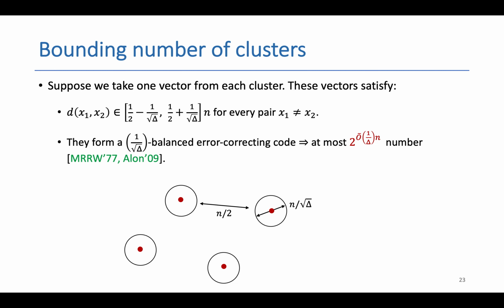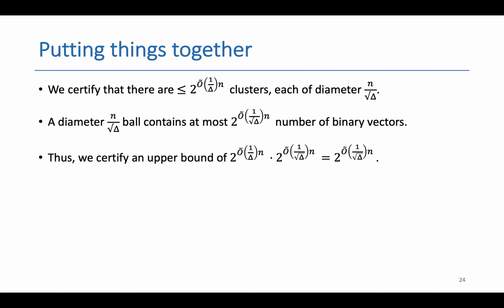And there's a classic result from coding theory, which tells us that the number of code words, in particular the collection of vectors that we choose, has to be at most exponential in n over delta. And hence, we know that there's at most 2 to the n over delta clusters,